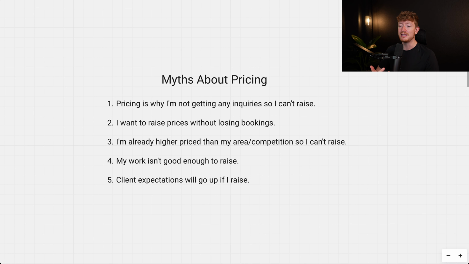And also the quality of your work is very subjective. You personally could feel that your work isn't nearly as good as a 10K photographer, but the couples who really, really like your work would choose you every day over the 10K photographer, not because of price, but because your work is so good. So you just have to keep in mind that you don't have to have the best work ever. Your work just needs to be worth it enough to the types of clients that want to hire you.